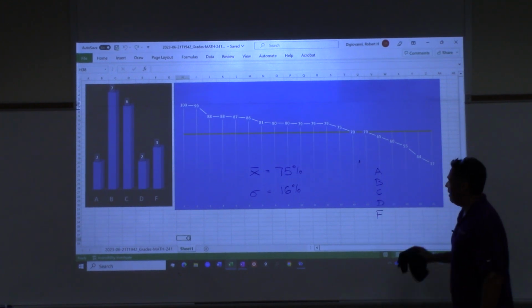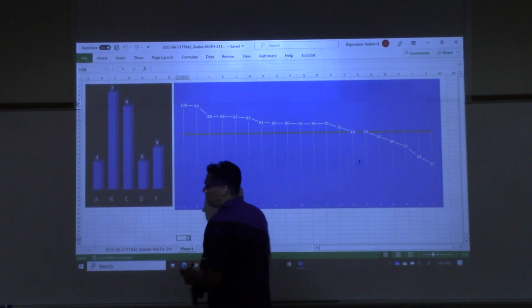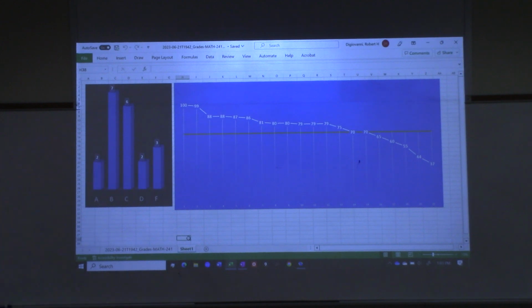So, all right, that's the grade distribution. I'll do this for each test, and I'll actually have exam 1 and exam 2 up there so you can see, students, if you went up or down. And in terms of the exam,